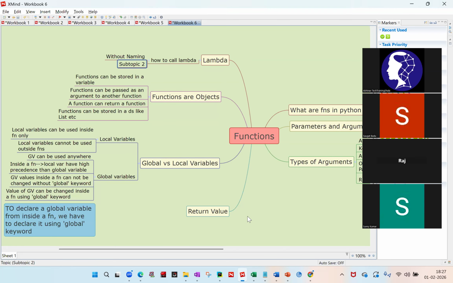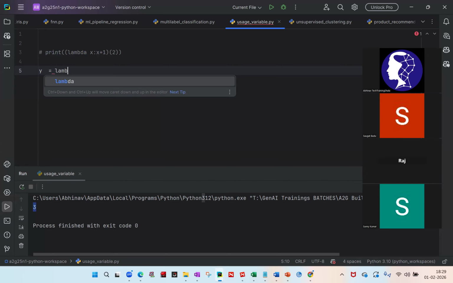This lambda is called without naming this, without equating this to any variable and directly calling it. Now second way, let's see how do we create second way, by naming it. So what I'll do, I'll create one variable y equal to, and I'll use lambda, and then same thing I will do, x, and then it returns x plus 1. ठीक है. So this is how I have stored that in a variable, and in next line I will do